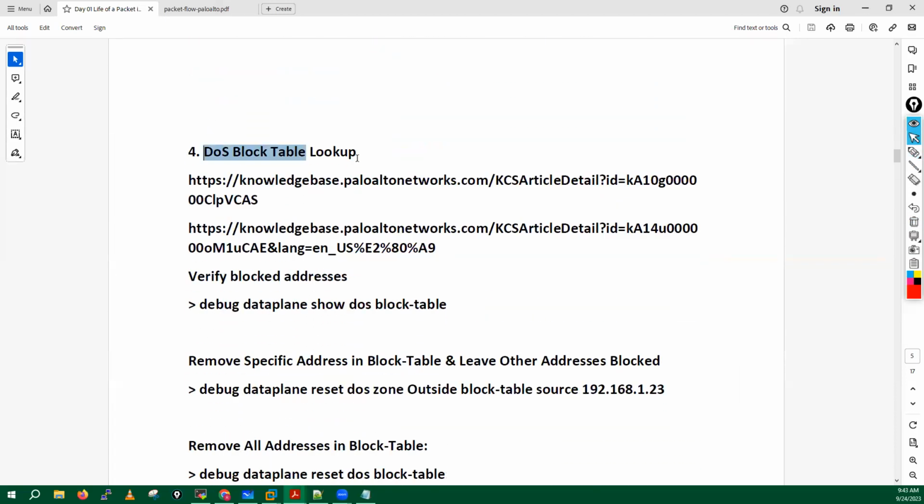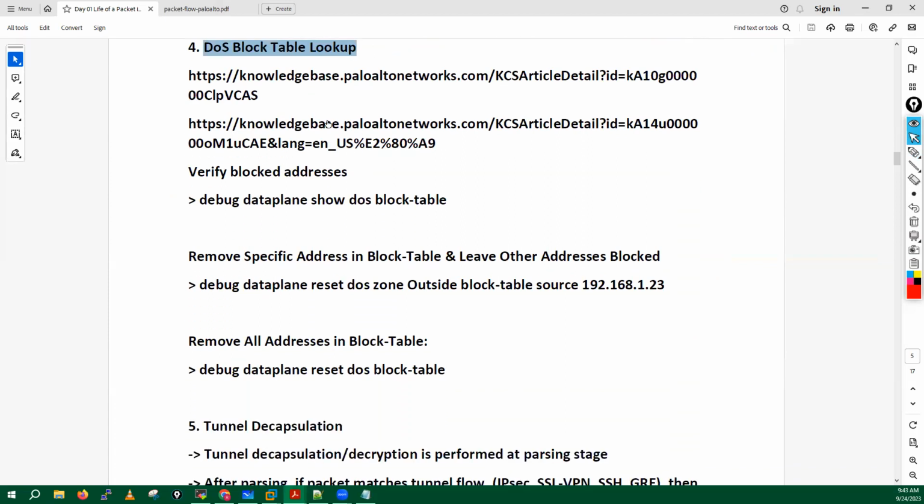Then we have a DOS block table. So guys, the DOS block table will drop the packet, as discussed, in case of zone protection or DOS protection. If your zone protection or DOS protection policy has been triggered due to any type of attack like SYN flood, TCP flood, UDP flood, IP spoofing, host sweep and all,